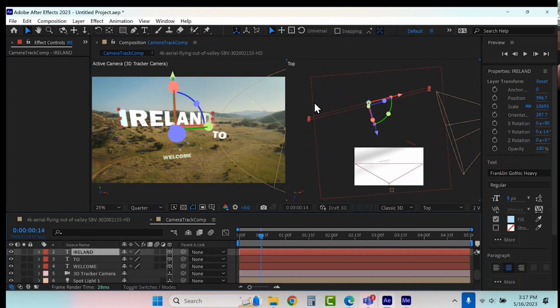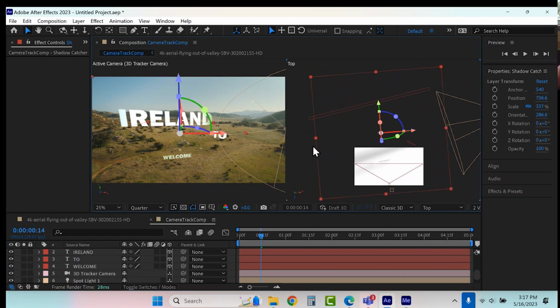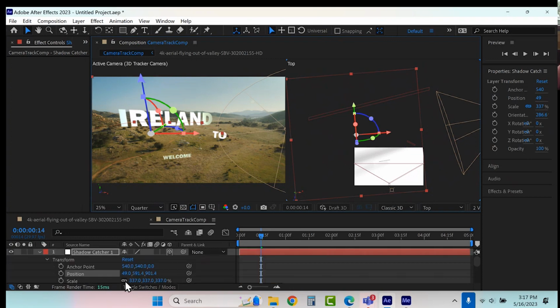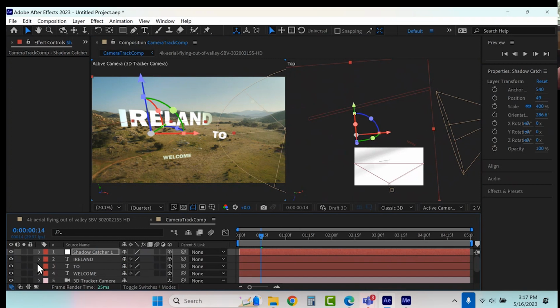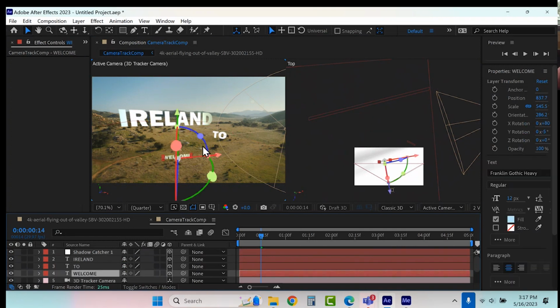See, so that means that shadow catcher needs to be even bigger than that. Maybe I'll just move it over a little bit. But all this shadow catcher is going to do is catch the shadow cast by the text. So let's start with the word welcome. See how it's going to cast the shadow?